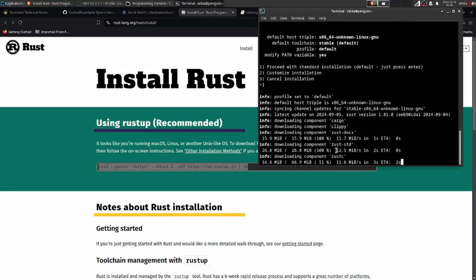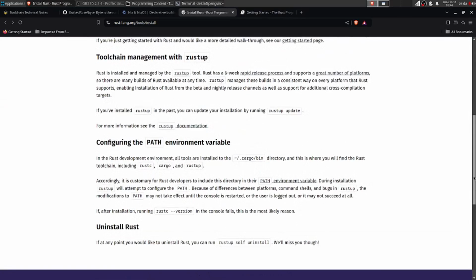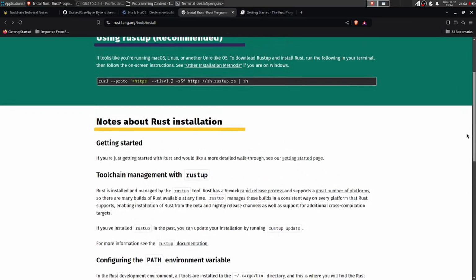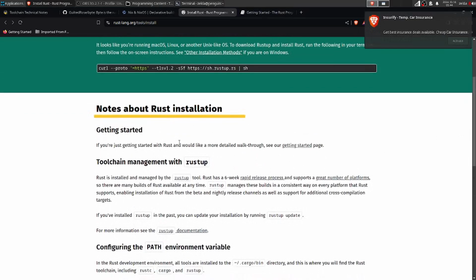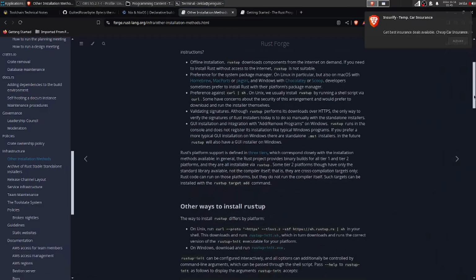Anyway, while it's doing its thing, I can show you the install methods for Windows, which are pretty much the same. You click here as other installation methods. If you aren't sure which one you should use, you click this little thing. Which one should I use? Well, I'm also going to tell you which ones you should use. Now, if you don't know what chocolate or scoop is, you don't use those for your install. It's easy as that. Then you want the exe file,